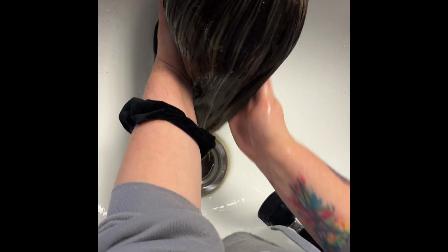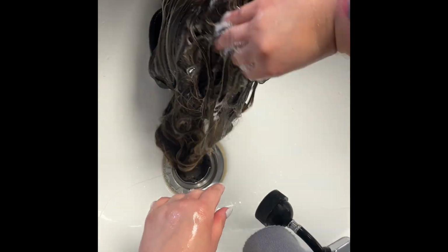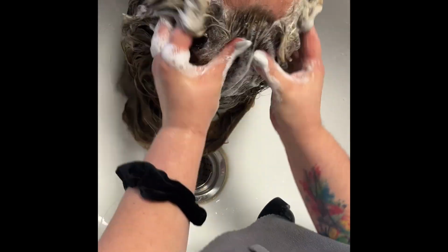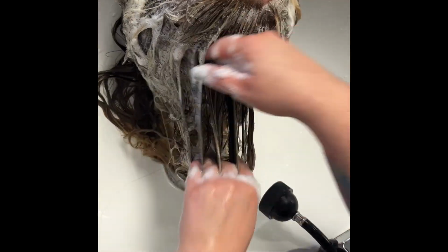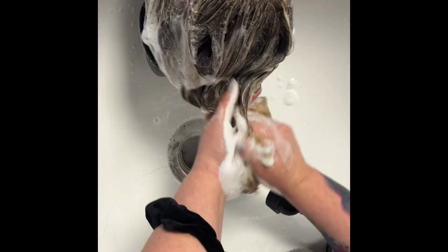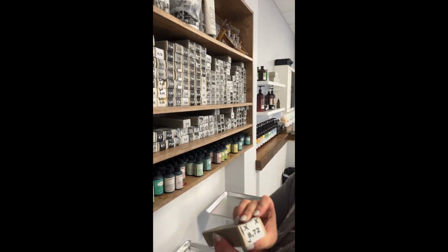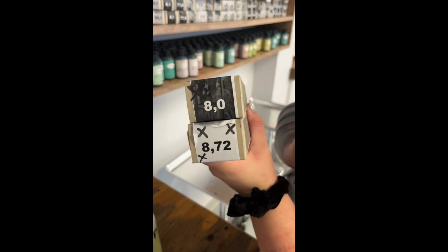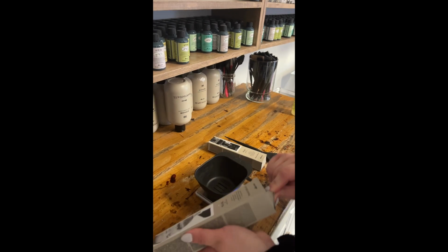So the one thing that I love the most about this clarifying shampoo, not that it matters in this case, because we're just shampooing out the color residue, but what I love about this one is that it is color safe. So even if you needed a clarifying shampoo at home after you have your color, you're totally safe to use this. So now we're going to go in and tone with Mask,